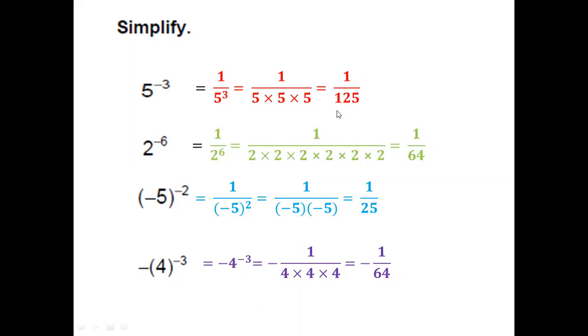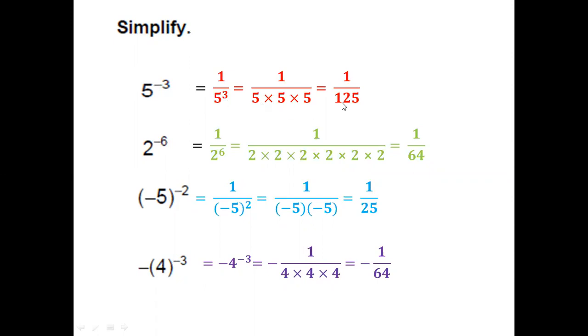Why do we have this 1 over 125? Because the exponent is negative, that's all. So you have to keep this in mind, because later on you will find questions without the negative exponent also. So wherever you find a negative exponent, write it in fractional form. The rule is as simple as that.